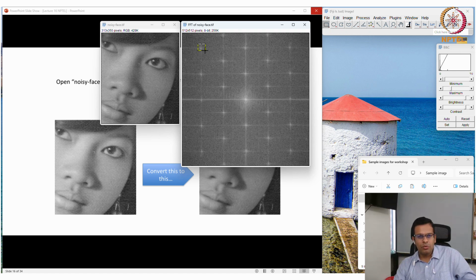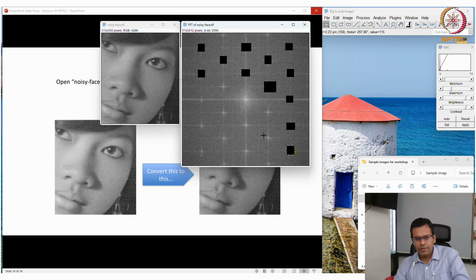So what ideally we can do is we can delete each of these small plus signs from the image like this. I am not doing it very precisely, but ideally you should be a little more precise in doing this.